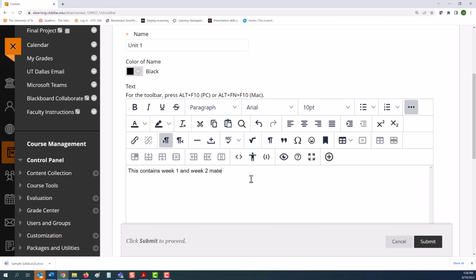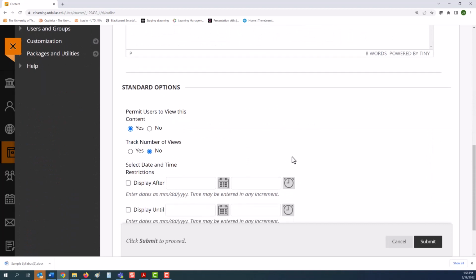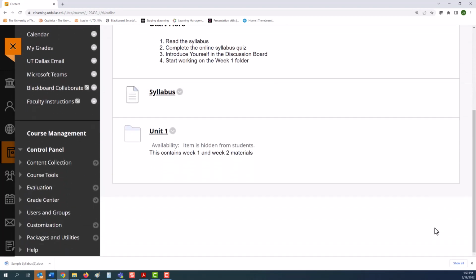Now, I'm going to scroll down to Standard Options, as I want to demonstrate what happens when you change the standard option, Permit users to view this content, from Yes to No. And when I select Submit, although my Unit 1 appears on my course homepage, it now has the message, Availability item is hidden from students. Note that the folder icon is also grayed out to remind me that the Unit 1 folder is completely hidden